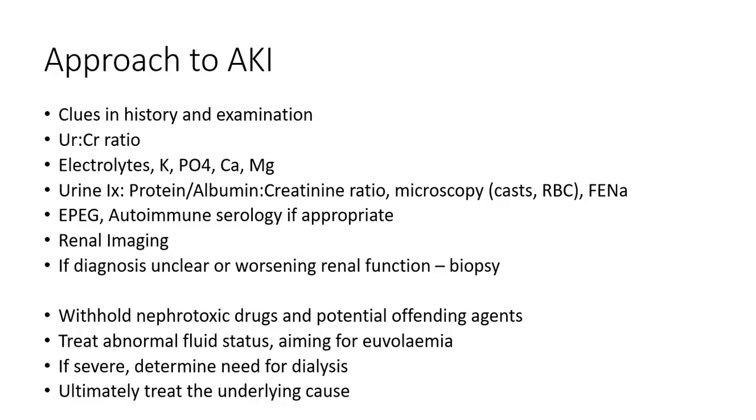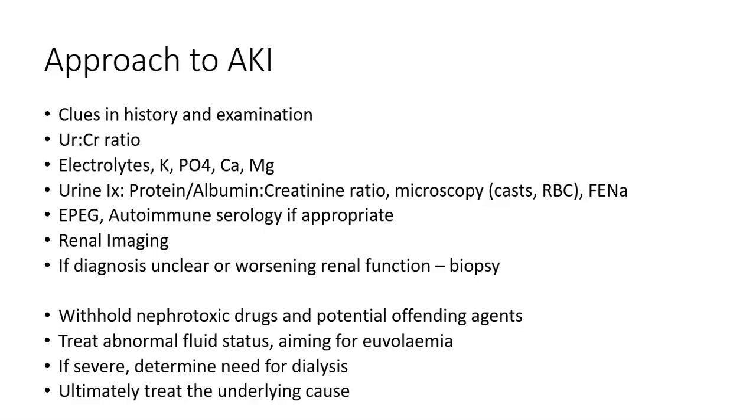In contrast, low potassium, phosphate, or magnesium levels may be a sign that the patient has had significant gastrointestinal losses. If the AKI appears to be intrarenal, or you're trying to distinguish a pre-renal from an intrarenal AKI, or the AKI is particularly severe, then doing urine investigations would be appropriate, such as a protein or albumin to creatinine ratio, essentially to look for proteinuria, which may suggest nephrotic syndrome more so than nephritic syndrome,